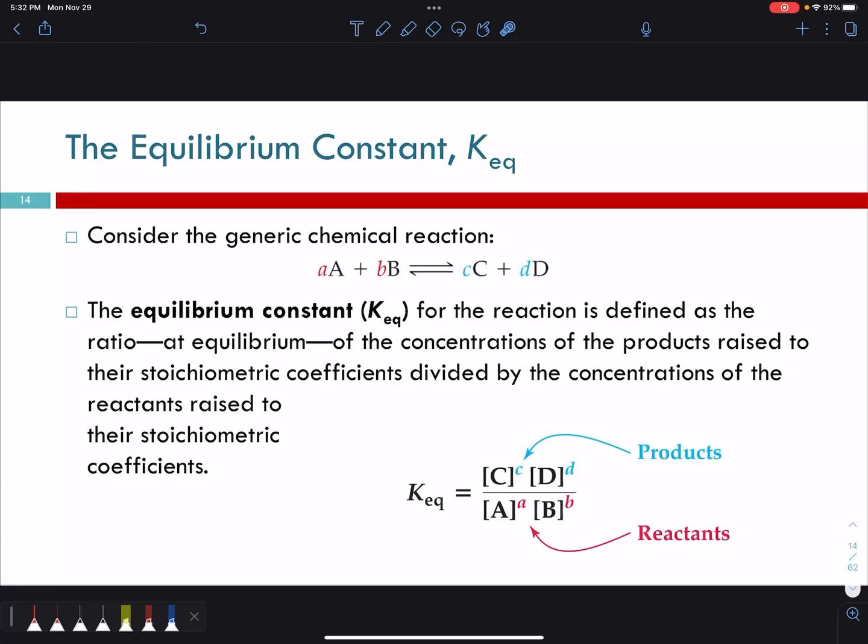Simply put, we put the concentrations of the products and we divide by the concentration of the reactants, multiplied by each other. So you can see that we have C and D, that's C and D, and then their coefficients, if any, well, if something other than 1, we raise them to that power. So it's always products over reactants.